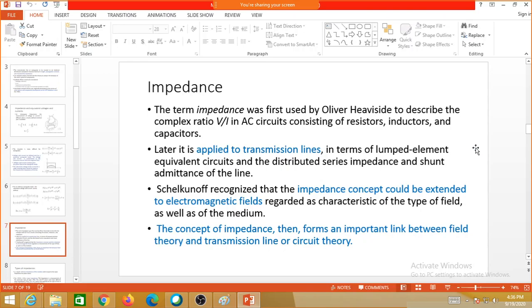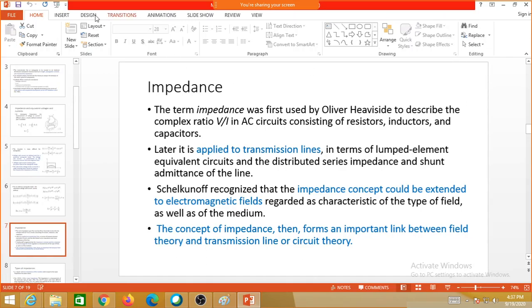Okay, so next one is impedance, which is an important parameter in the control of voltage and current. We can also control them by changing the impedance, and you can also see the impedance mismatch. It will lead to different values of reflected voltage as well as incident voltage, which is incident on a particular load or circuit.